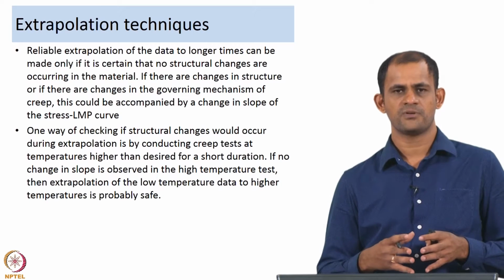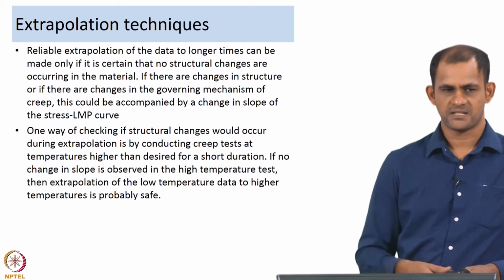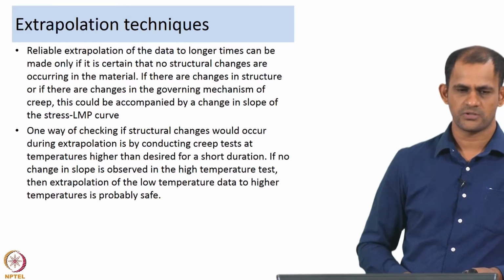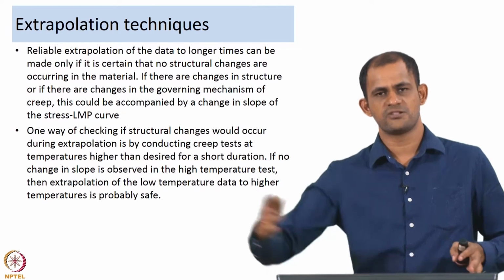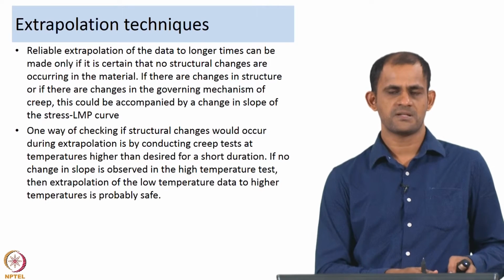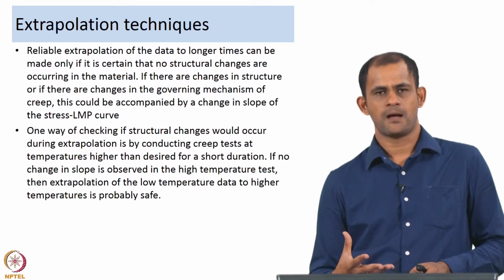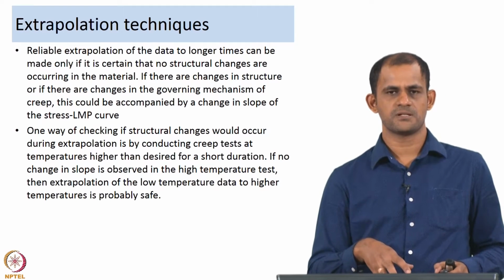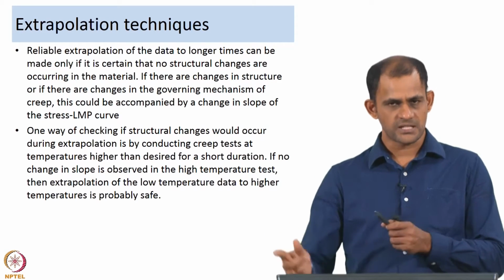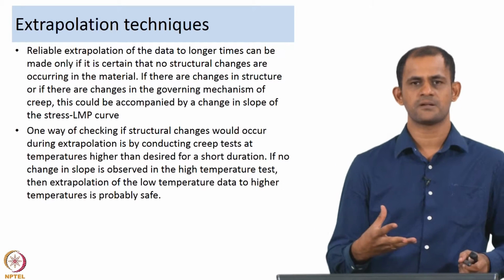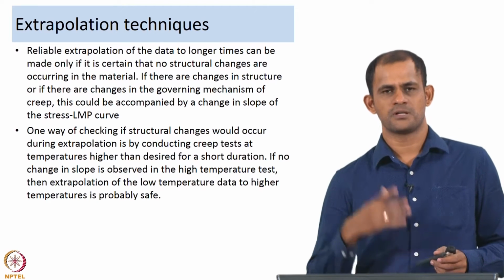So, for example, if you have structural changes, say you are talking about tests at a certain temperature and time and you want to extrapolate to another temperature and time, you have to be very sure that microstructural parameters such as grain size have not changed when going from one set of temperature and time to another, or that precipitates which were present at a certain combination of stress, temperature and time have not dissolved at another combination. If such microstructural changes, or even changes in dislocation arrangements, occur, then you will not be very sure about the extrapolation process.